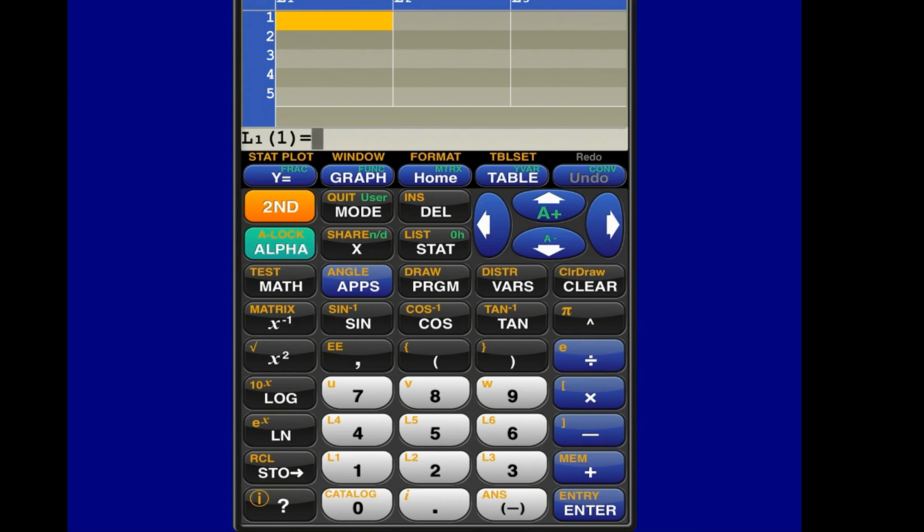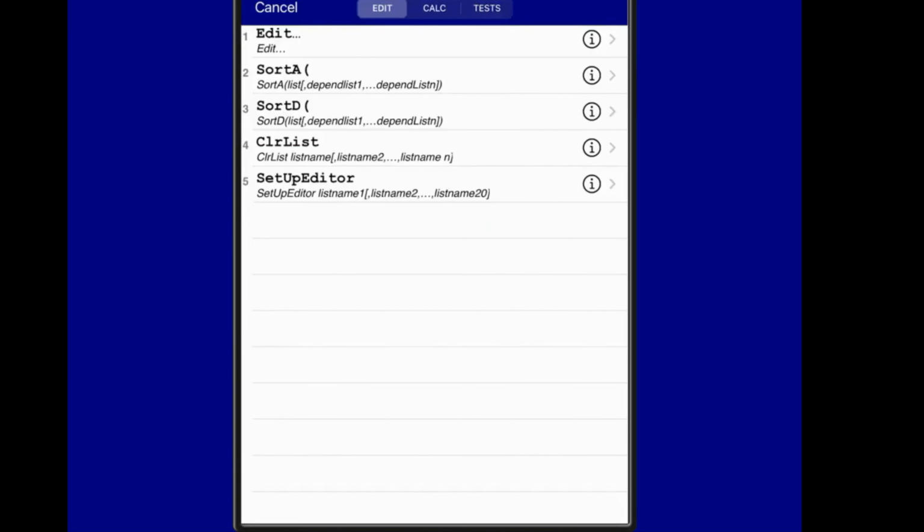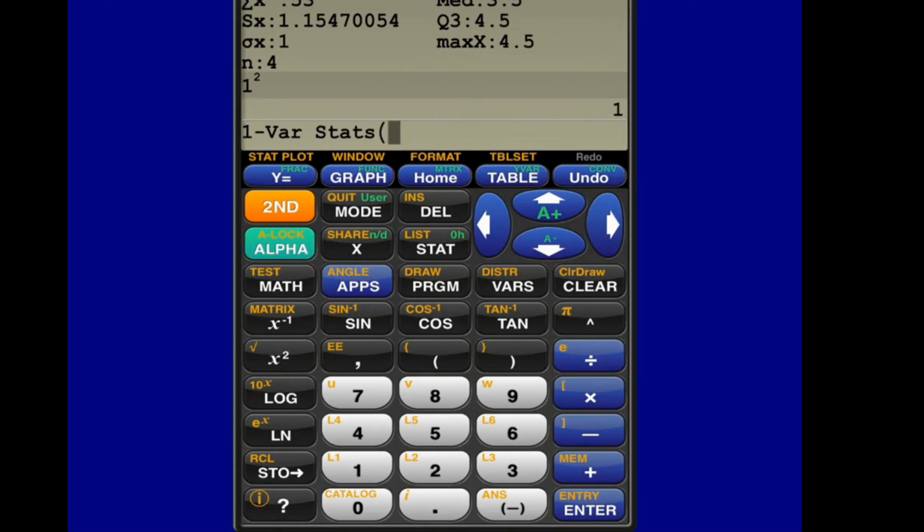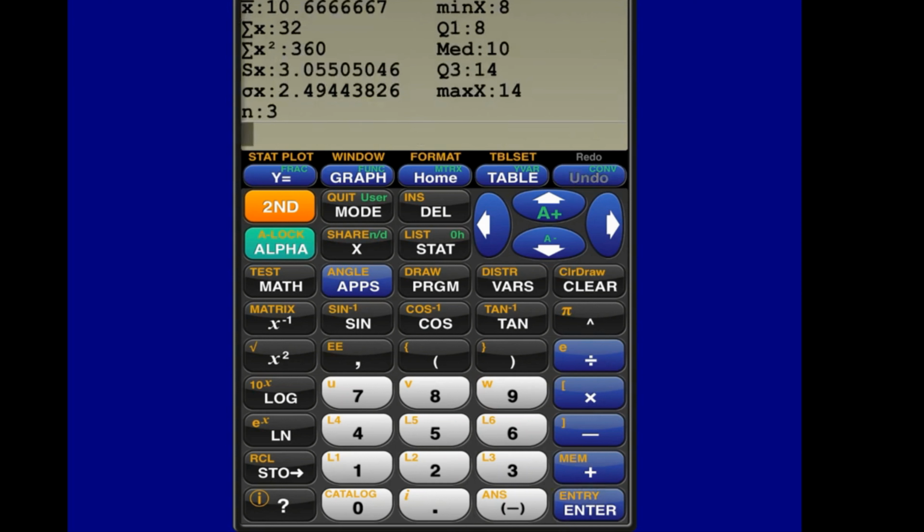All right, so the first one was 8, enter, 10, enter, and then 14. And then that's in L1, so I'm going to press now Stat, left arrow, Calc, next to the Edit, and then 1-Var Stats. And remember, your default is just L1 in here. But if we need to, we can change it. So I'm going to press second, the orange button, and then number 1, because that'll give me L1 in orange. You don't need to close it. And there I have my average,